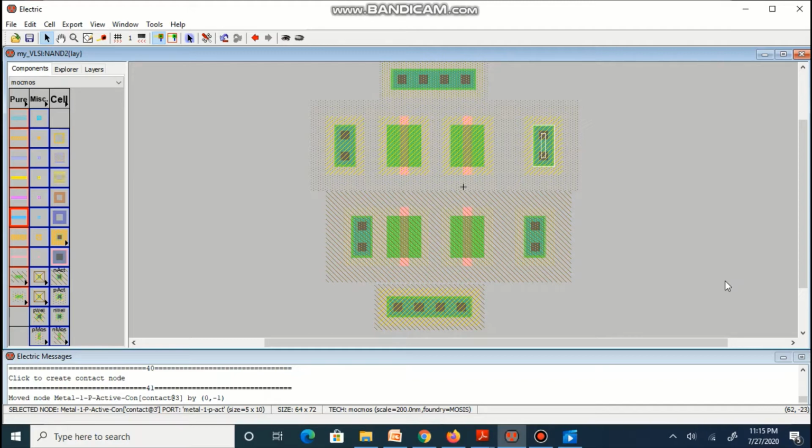Now before connecting anything, first we will connect one transistor with the another. We will also take them near to each other. We will also connect PMOS with NMOS.